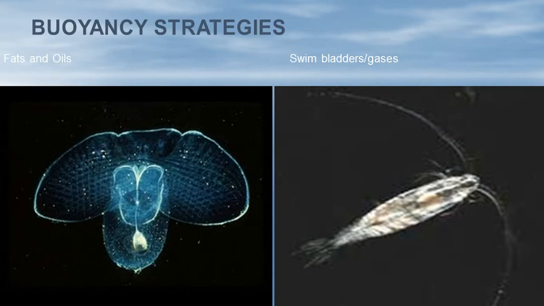All right, so here we can see some more pictures of buoyancy. We have the fat and the oils right here in this critter, a little gland right there, and oil floats on water, and so this will cause them to float. There are also these projections right here that give it a little bit of floating ability as well. And our other creature over here has apparently some swim bladder, some gases in here, and some projections that allow it to stay up there.